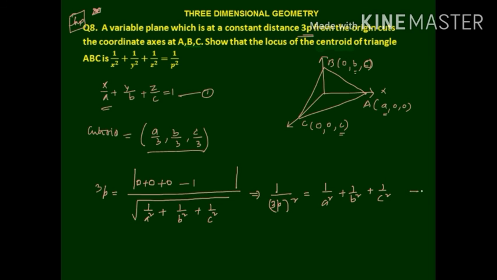This is one of the results you obtained. Now what do you need to replace? You have to remove a, b, c. Once you are able to remove a, b, c, you are done with the result. Now how will you remove it? How will you remove it? You see from here,